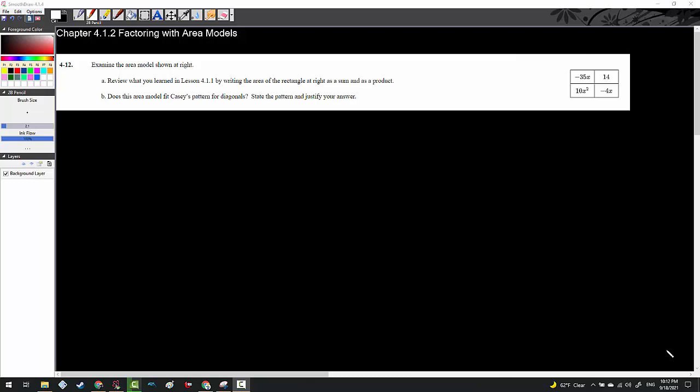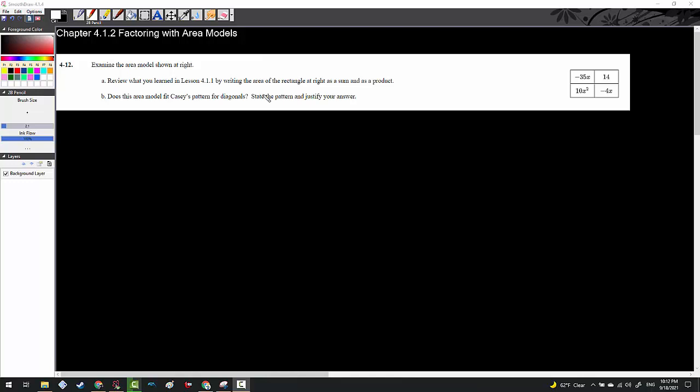In today's episode, we will be discussing Chapter 4.1.2, which is factoring with area models. And so we're going to be examining the model shown at the right. And it says, review what you learned in Chapter 4.1.1 by writing the area of the rectangle as the sum